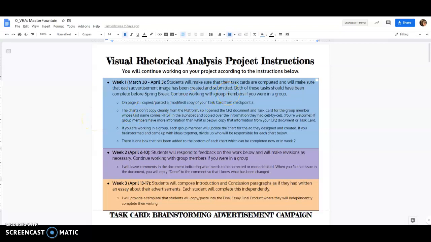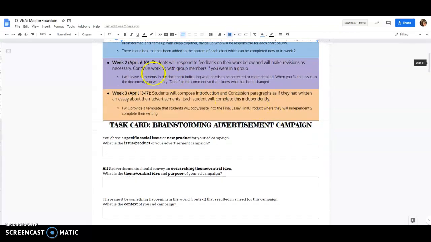I went through and copied all of the information that you guys had in your task card or in checkpoint 2 into this document. So I used the person whose last name came first in the alphabet and copied over their information for them. So as you keep working, you're going to continue working in your group, and each group member is going to update the chart for the ad that they designed and they created. Or if you brainstormed all together, then you guys can just divide up and say, I'll do ad number 1, you do ad number 2, you do ad number 3, and kind of divide it up amongst yourselves that way. So moving